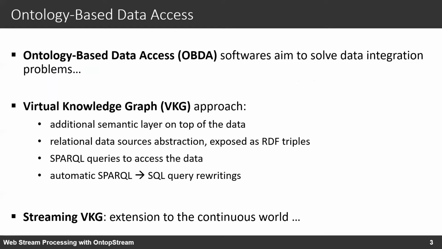Ontology-based data access software aims to solve very difficult data integration problems with the help of semantic technologies. So the idea of these software is to expose, using a common layer using semantic technologies, which is queryable using, for example, SPARQL queries, several